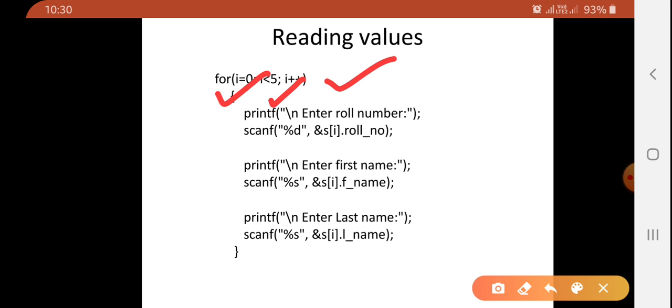Then the value of i will be incremented by 1, and now s of 1 dot roll number, s of 1 dot first name, s of 1 dot last name, and so on. So we can read information about 5 students with the help of a for loop, and here you have to write s of i, not s, because now we have an array of structure.